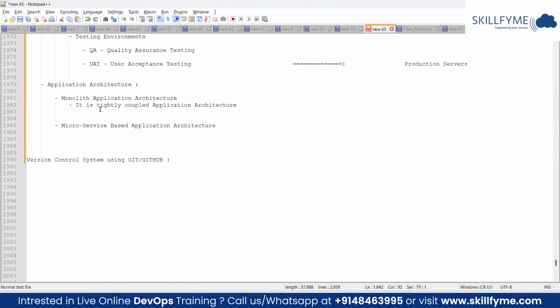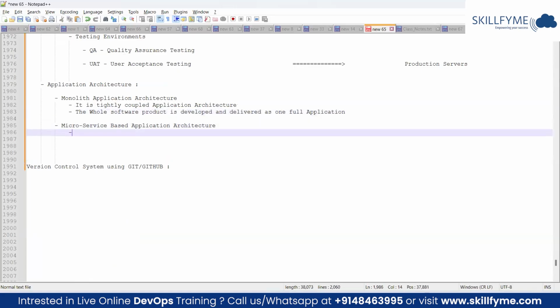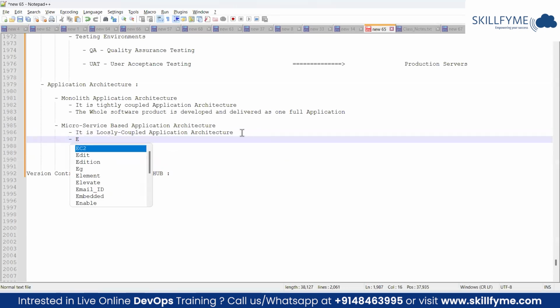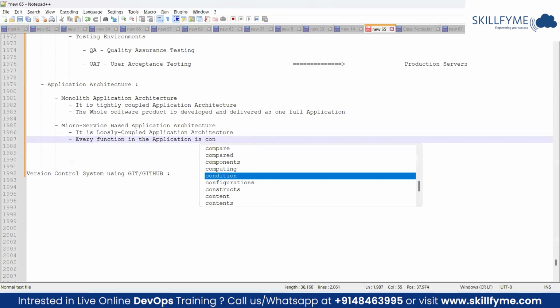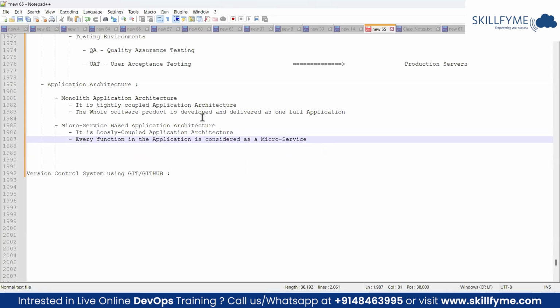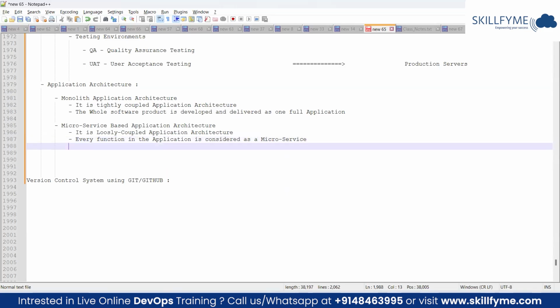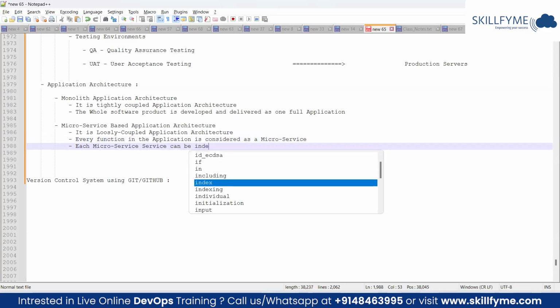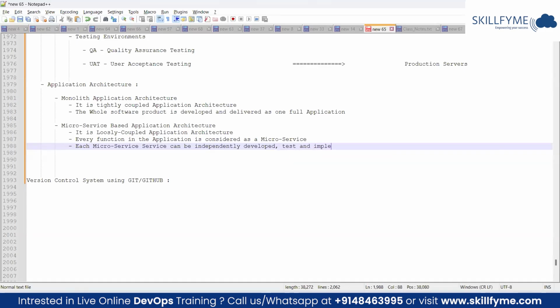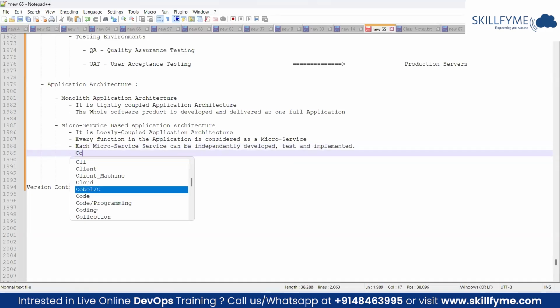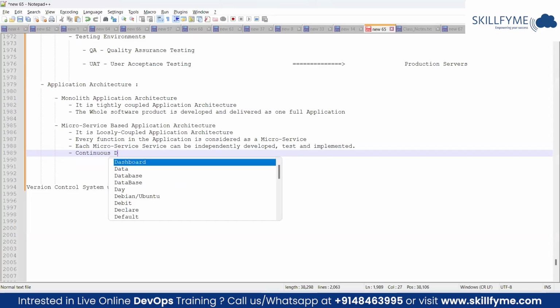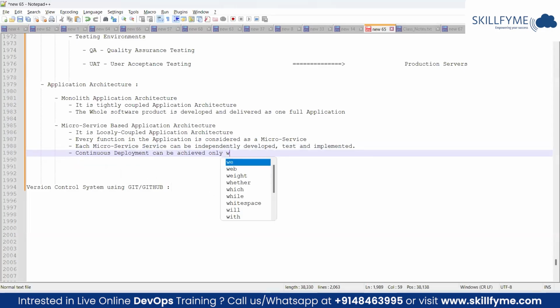Correct. But if you want to implement DevOps and achieve continuous deployment, it is required to have a loosely coupled application architecture, not a monolith. It means every function in the application is considered a microservice, and each service can be independently developed, tested, and implemented. One important point here is that, as part of DevOps, continuous deployment can be achieved only with the help of